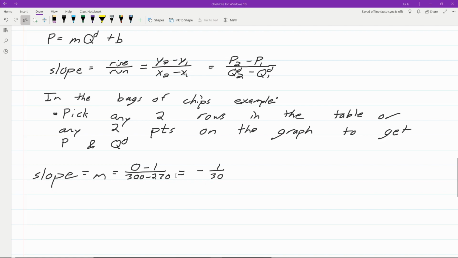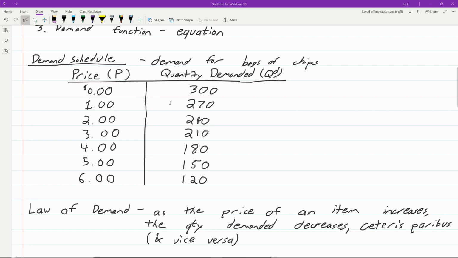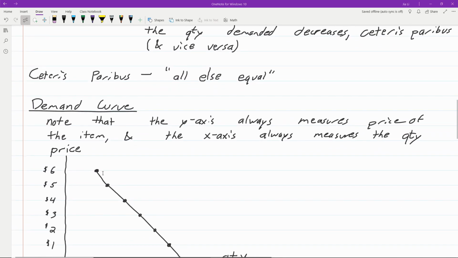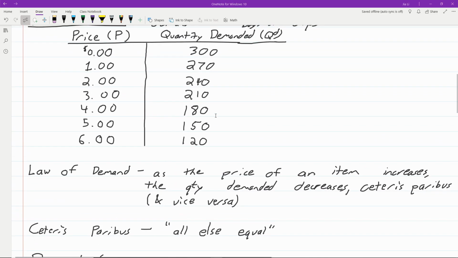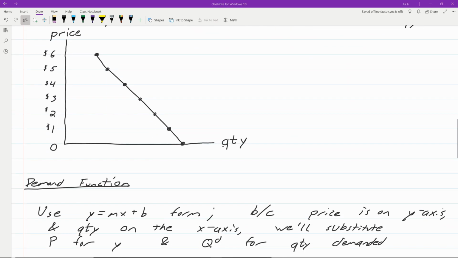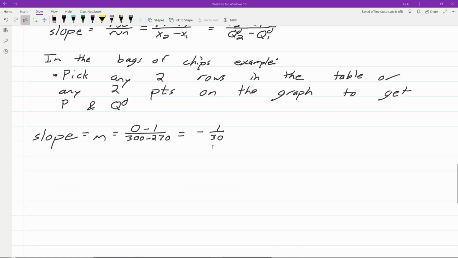And again, here I just used the first two rows on the table, or in other words, the top two points in our graph, to calculate that. But you can use any two rows of information here. Like for example, the first row, 0 and 300, and the last row, 6 and 120, right? So you could do that as well. And as long as you did the math correctly, you should end up with the same slope,